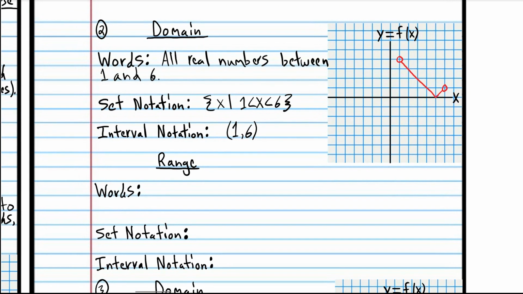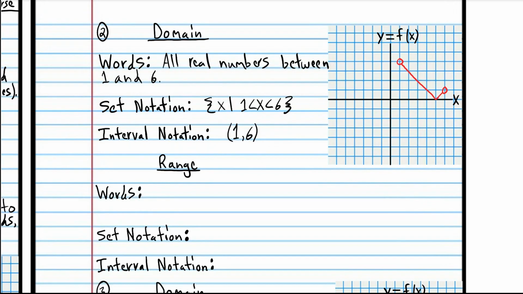Now let's consider the range. The range of the function is all of the possible y values of the points on the graph. So look at all those purple points. What are all the possible y values? The y values of the points on the graph are the range of the graph. So the range is all real numbers,